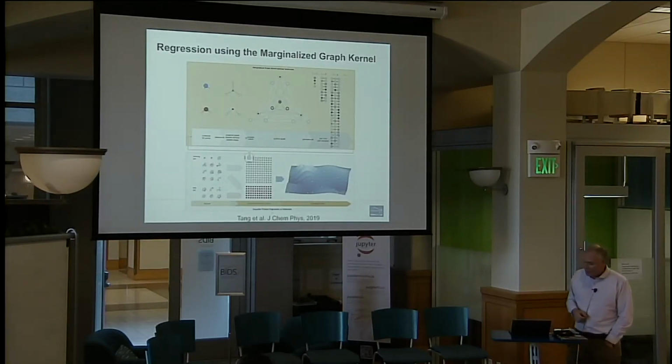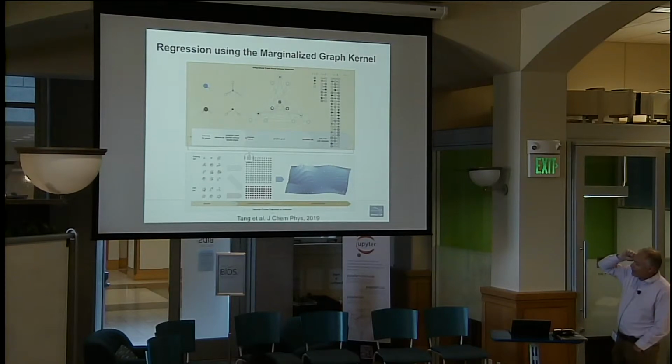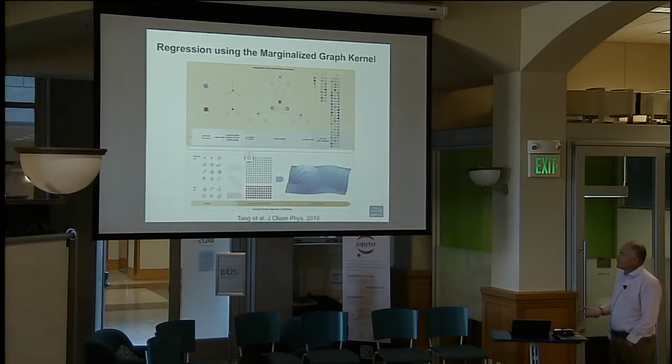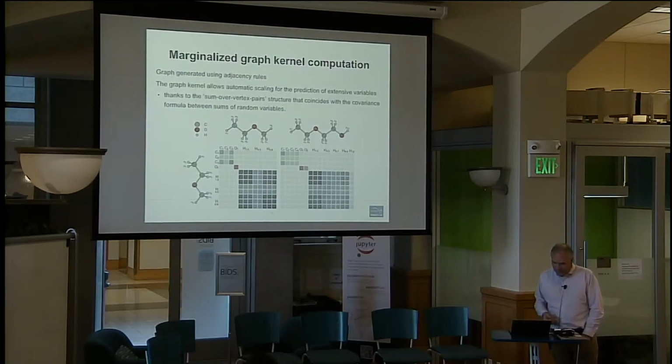The other approach that we have been working on is work that Yuhang Tang has been doing. The paper came out very recently in JChem-Phys, where he is using regression combined with marginalized graph kernels. Now it's a very busy picture, but effectively he generates a graph of a molecular structure using some adjacency rules, and then